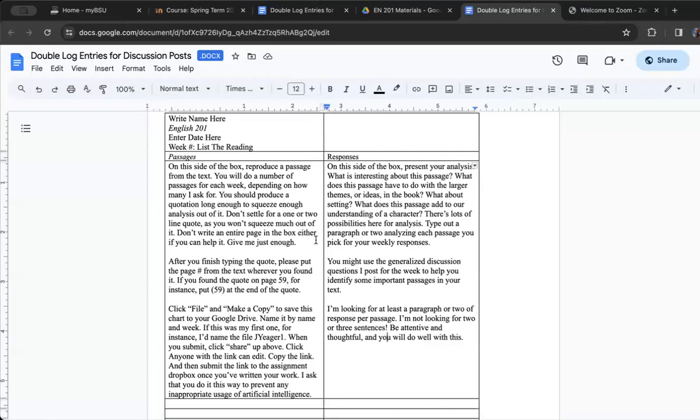Really simply, on the left side of the chart, I want you to type out the passage that you pick. And you might ask, what do you mean? Each week, I'm going to have you do the reading and a little exercise called close reading. Close reading is when you think of bigger things within the story.